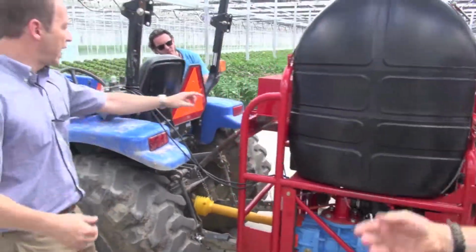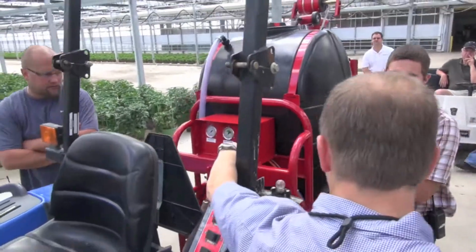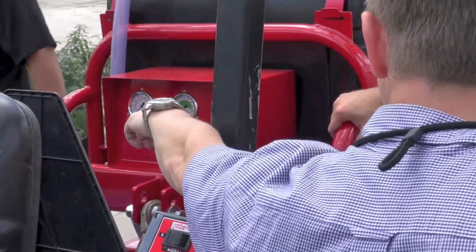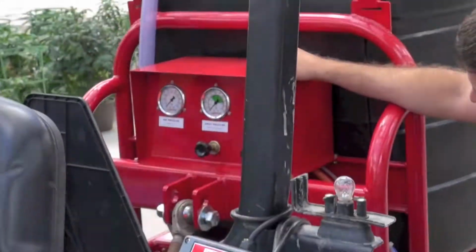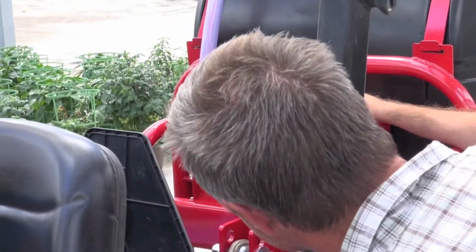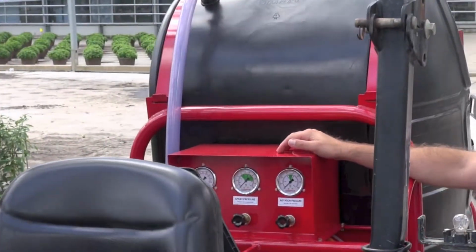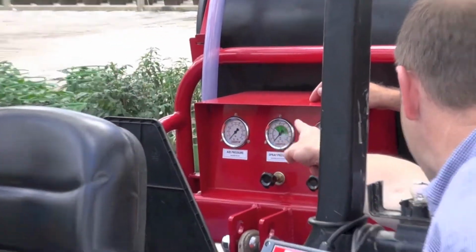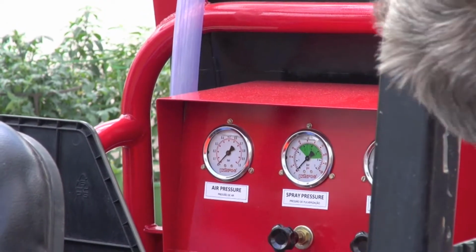the other way to find that out is on this side of the unit, you've got a couple of gauges. One shows you the agitation pressure, the spray pressure that's coming out of the pump. The air pressure is going to be up around 0.6. Not much more than 0.7, right? So don't go above 0.6. Don't ever exceed 0.6. That's where you want to run it. It's between 0.5 and 0.6, but don't go past 0.6. So since you don't have an RPM indicator, normally that would be at about,